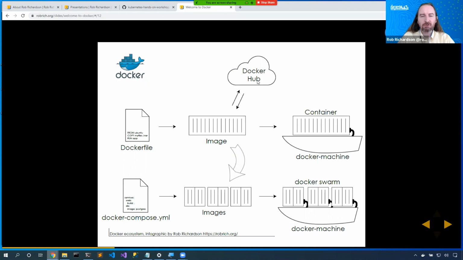Now, the cool thing is we can also share images with Docker Hub or pull images from Docker Hub. As you started pulling the Node image, you pulled it from Docker Hub. Now, we didn't need to recompile it once we got it down. We're actually sharing the binary blob. That's really cool. We'll get a chance in this workshop to actually share an image with Docker Hub, and that will be really fun. So I have a Dockerfile that I build into an image. I may choose to pull an image from Docker Hub as well,